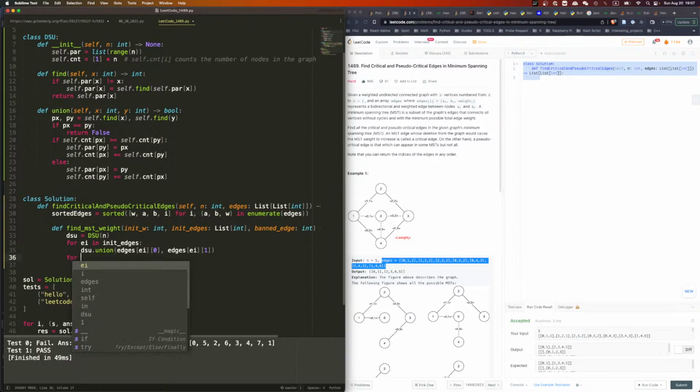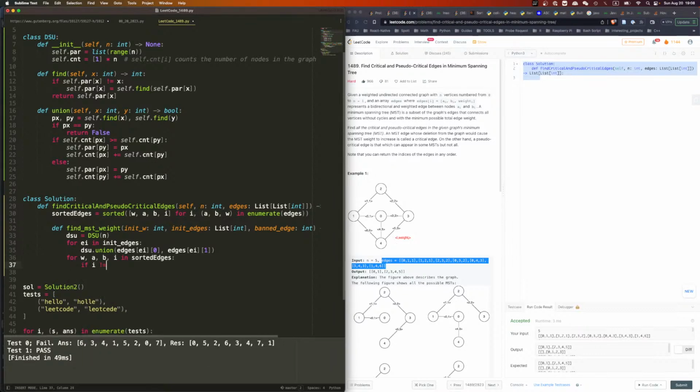Then we say for weight, a, b, i in sorted edges, if i is not in ban edge, and DSU.union(a, b), if I can union them, right, so it's not in there already, then we'll say